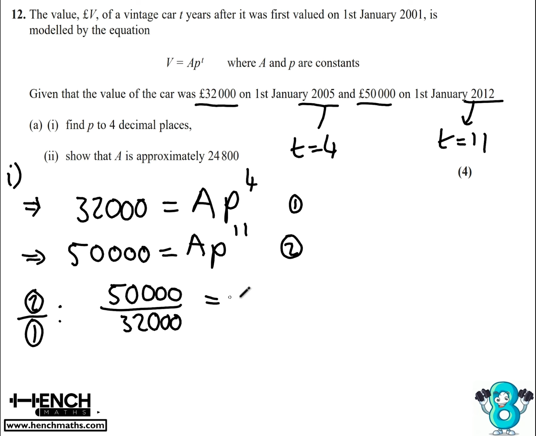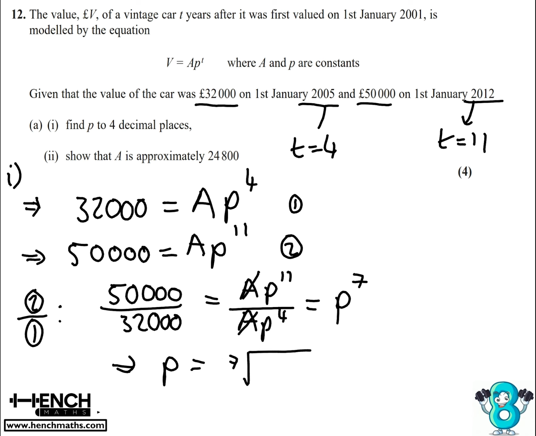That would be equal to AP to the power of 11 divided by AP to the power of 4. And that's nice because the A's would cancel, and then P to the power of 11 divided by P to the power of 4, which is P to the power of 7. So this means that P to the power of 7 is this thing. So then that means that P will be equal to the 7th root of 50,000 divided by 32,000, which is